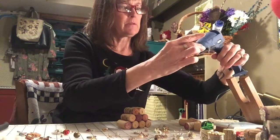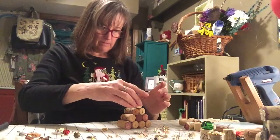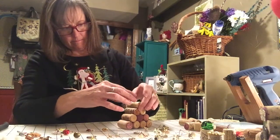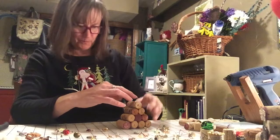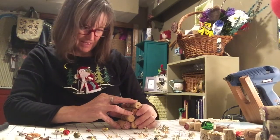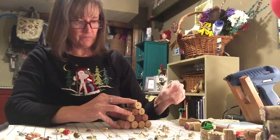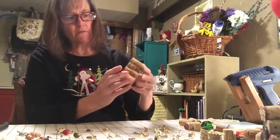So I'm going to put some hot glue in there. Seat it. Ow. Right after I told you, be careful you don't burn yourself. I burned myself. First time tonight though, so that's pretty good. Alright, so now that we have our little tree together,